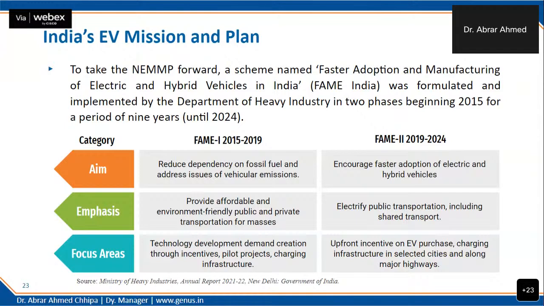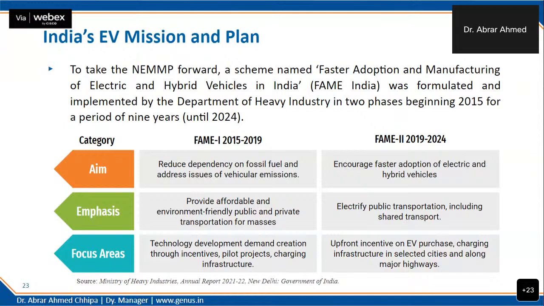Recently the Gujarat government and Delhi government have included full electric DTC buses in their public transportation. The focus area was upfront incentives on the EV purchase, like providing subsidies under the FAME